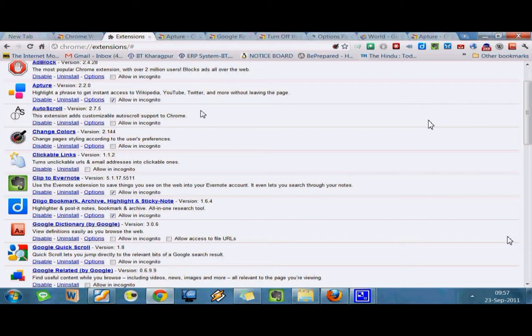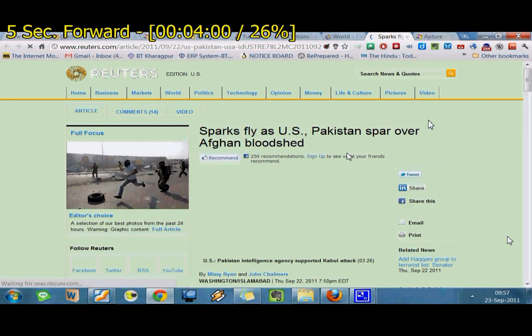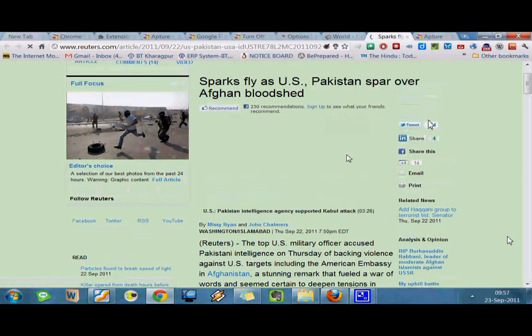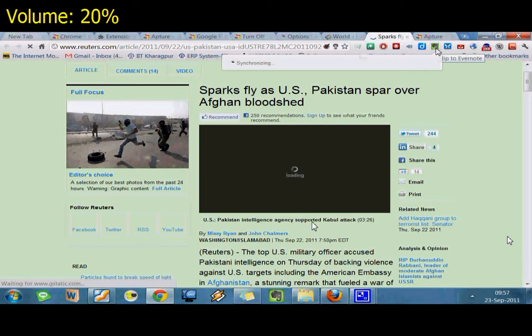Next extension I would like to talk about is Clip to Evernote. This is one of the most prominent extensions which I use on a daily basis. For this you have to first create an Evernote account. This is a very famous website, and it is gaining popularity at an exponential rate, I would like to say. So what it does actually is,